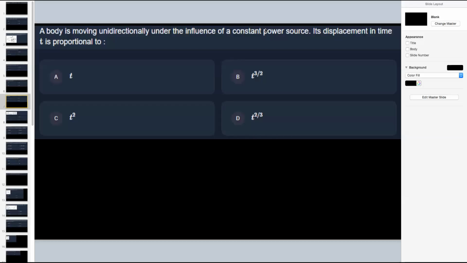A body is moving unidirectionally under the influence of a constant power source. Power is constant here. Now the displacement in time T is proportional to. I want to find